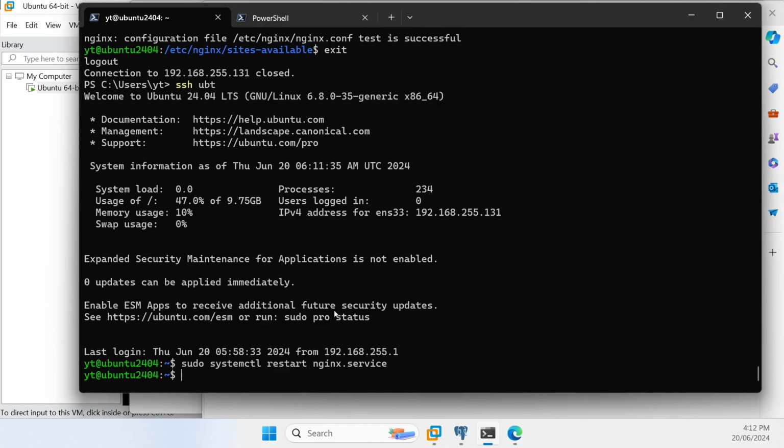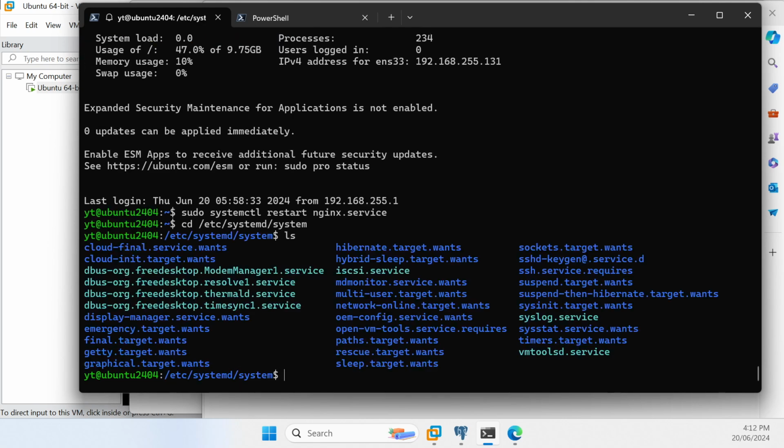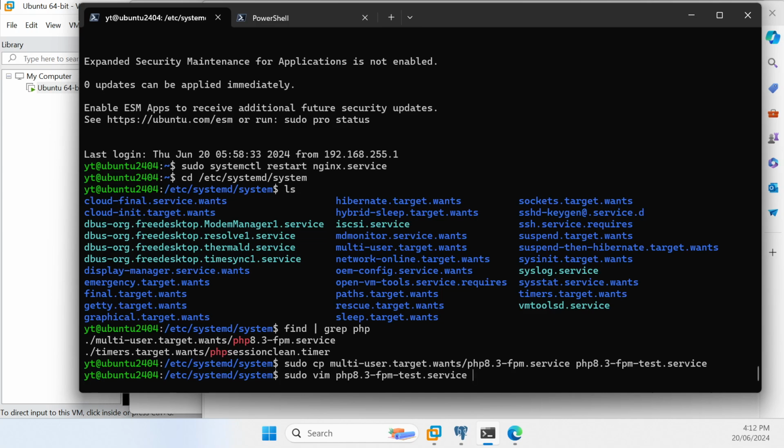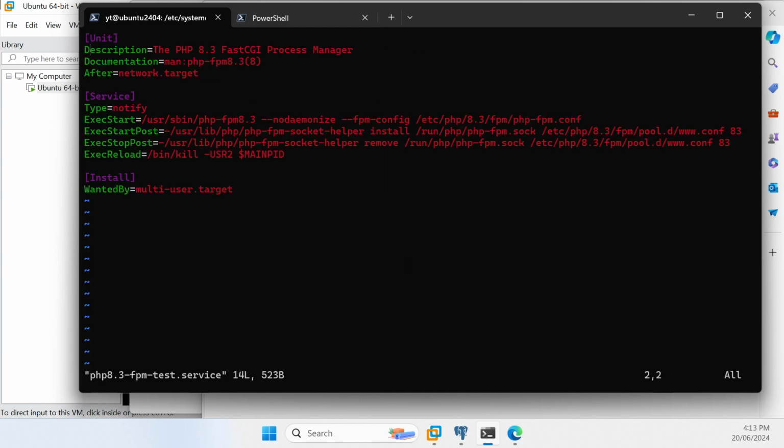So going back to our terminal, we go to etc systemd and into the system directory, and what we're going to do is find our PHP FPM service file, and we're going to copy this service file from the multi-user target wants directory, and we're going to rename it to -test, and then we're going to edit it, and we're going to change the description to